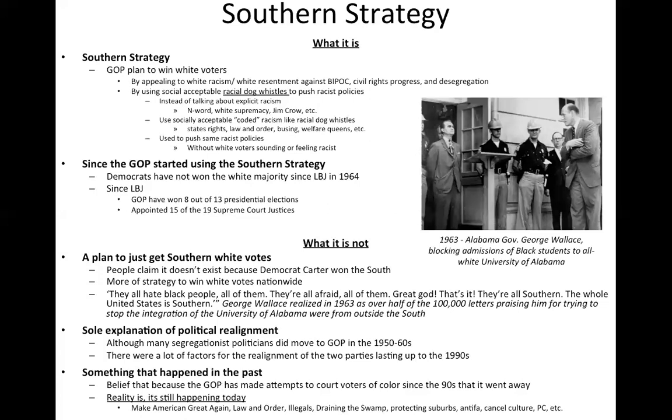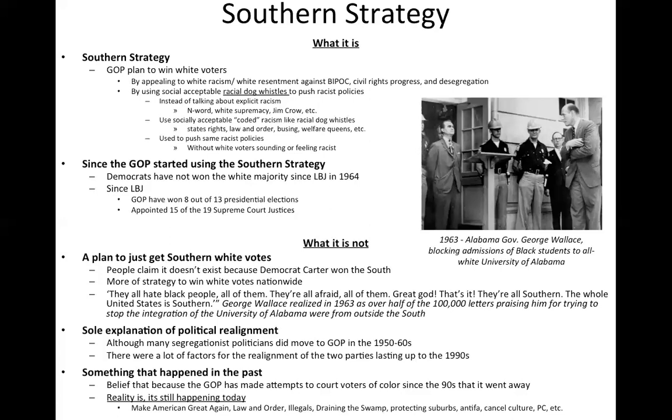So I want to talk about what it is not. A lot of people claim that it doesn't exist, or that it's a thing of the past, or that it was only used in the South. Critics will claim that because Carter won most of the South, this isn't a thing anymore. But in reality, George Wallace, after he made his big speech about states' rights and the right of states to continue segregation,